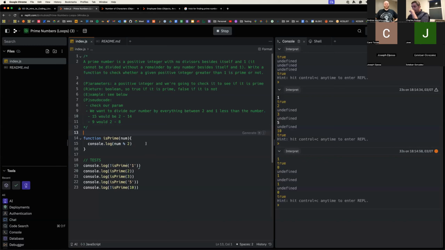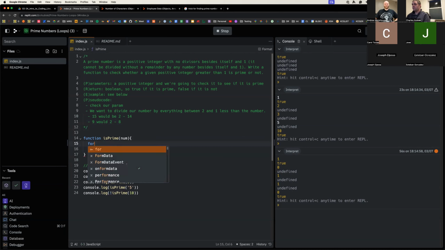So this is what I'm looking for one time. How can I do this multiple times? All right, I see Jose threw for loop out there. So if we were to write a for loop,